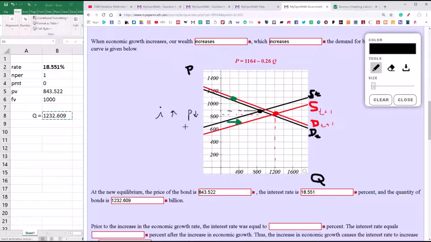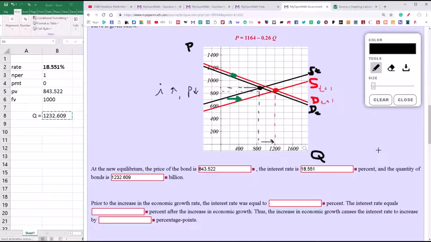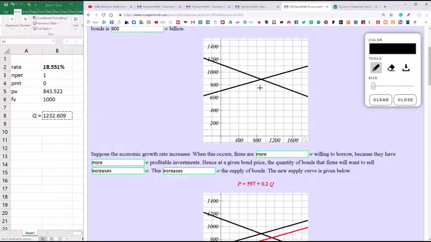When the price falls, the quantity increased. Quantity of bonds increased. Okay. Now, prior to the increase in the economic growth rate, the interest rate was what? The interest rate was initially, at this black point, the interest rate was initially